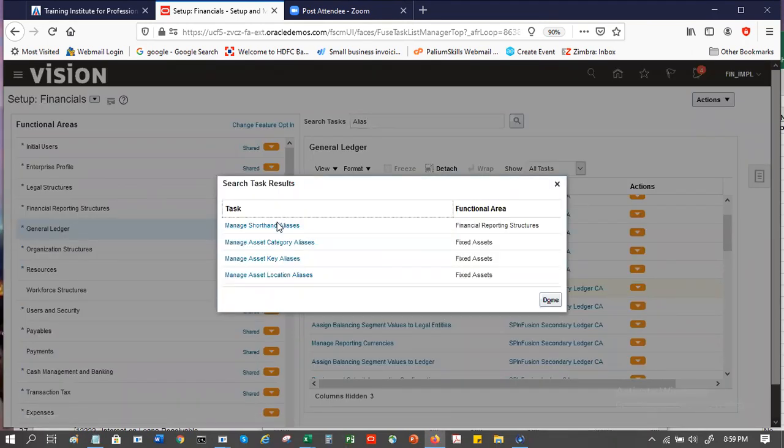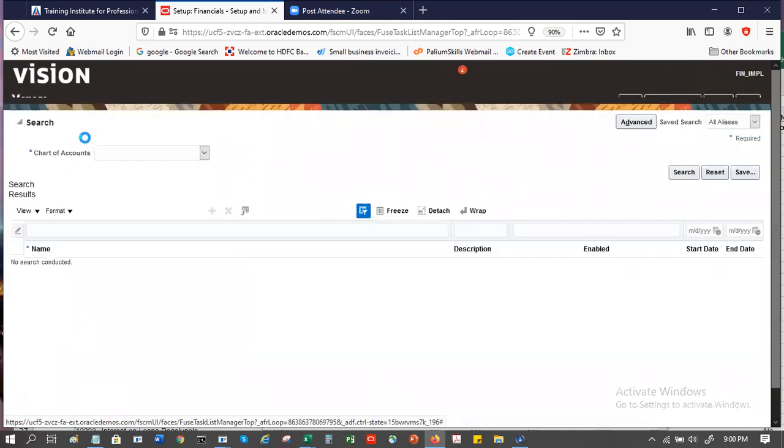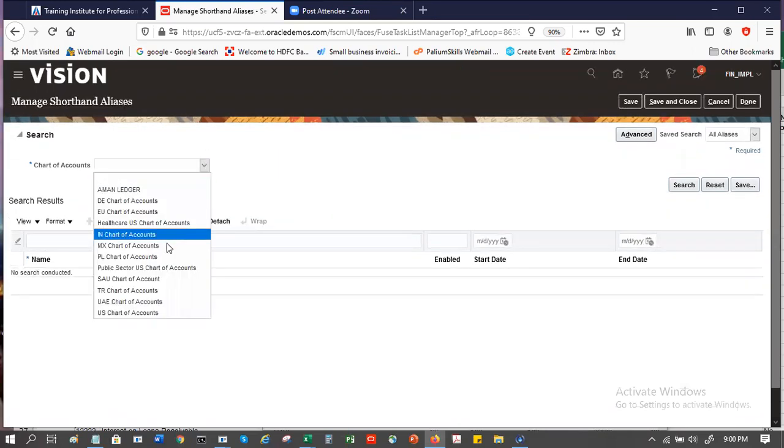So you have this manage shorthand aliases. Here we'll first select a chart of accounts for which we are defining the shorthand aliases. Did we not have an instance?